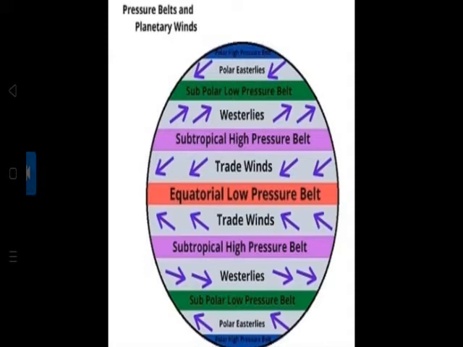The subtropical high pressure belt extends from the tropics to about 35 degrees latitudes, in both the hemispheres. In the northern hemisphere, it is called the north subtropical, and in the southern, the south subtropical high pressure belt. The existence of these belts is because the uprising air of the equatorial region is deflected towards the poles due to the Earth's rotation. So this happens only because of the Earth's rotation.